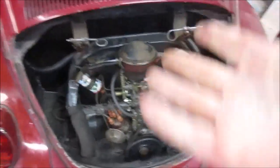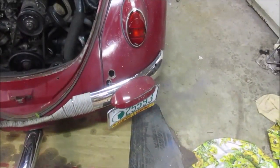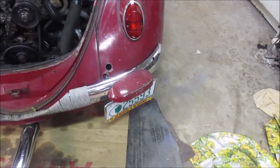with the Volkswagen dipstick. And then when you want to show off the world that you have a rear engine car, you just drive around with your bits out, and your license plate and your license plate light are then on your bumper. And we'll go see what Patina's up to,